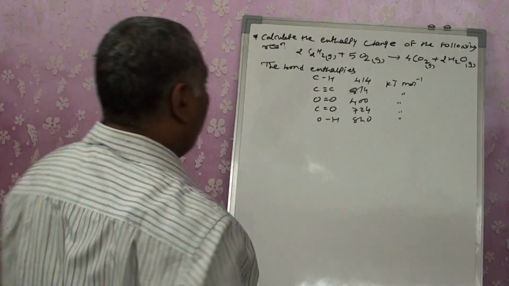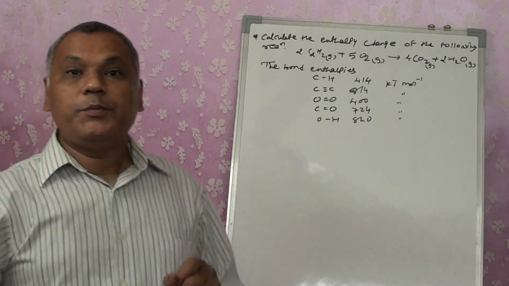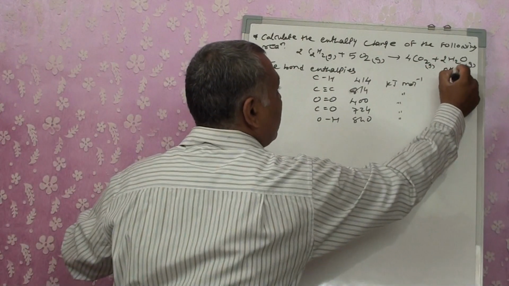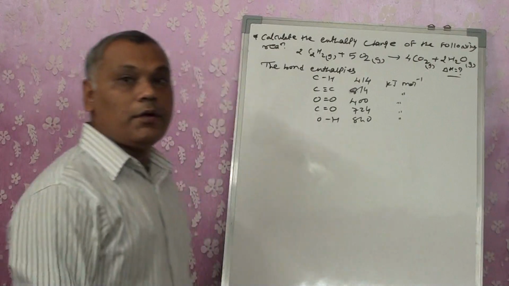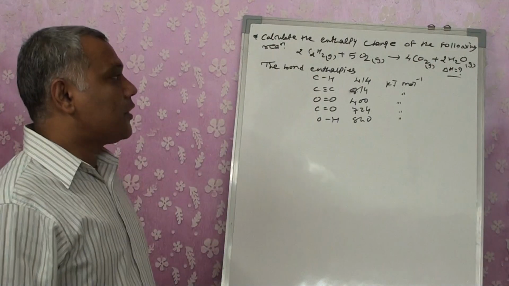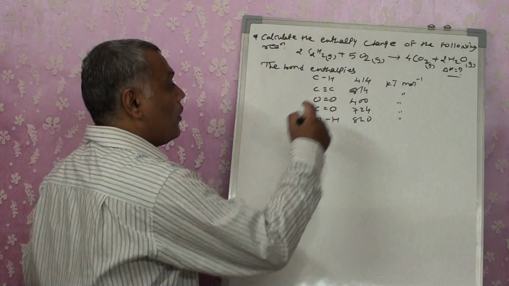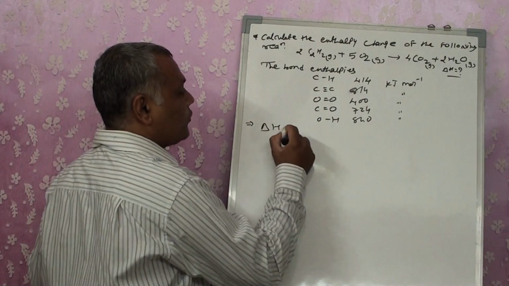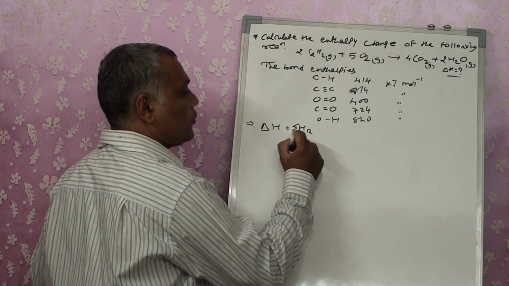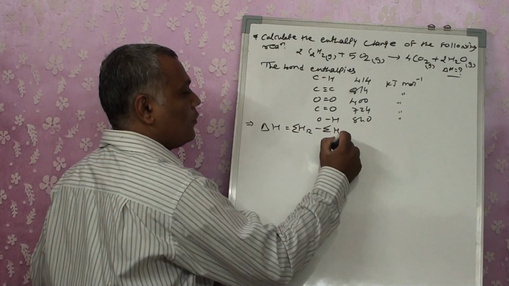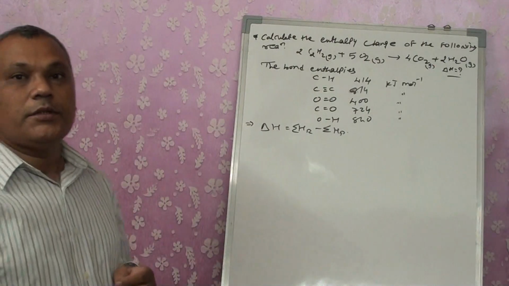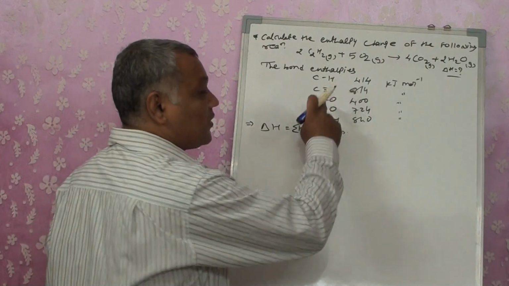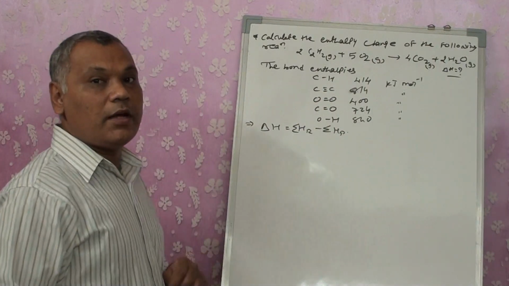Right? Okay. Now, what has been asked? We want to calculate the delta H for the given reaction. But at the same time, the bond enthalpies are given to me. So as we know, if the bond enthalpies are there, delta H will be written as summation of HR minus summation of HP. That means enthalpy of reactants minus products, specifically when bond enthalpies have been given.